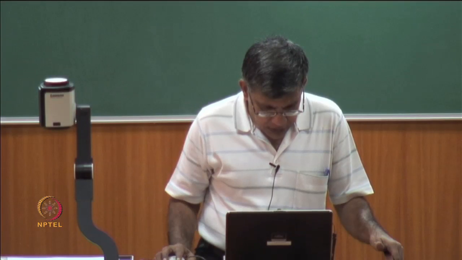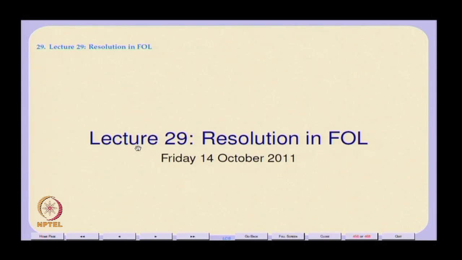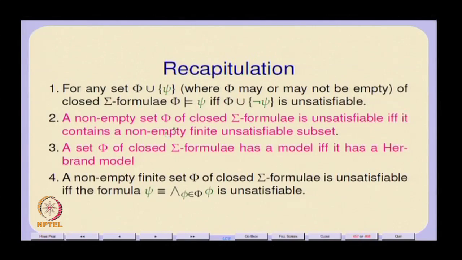Okay, so let's get on to resolution. Before we get on to resolution, let's do some recap. One thing, of course, is easy to show that